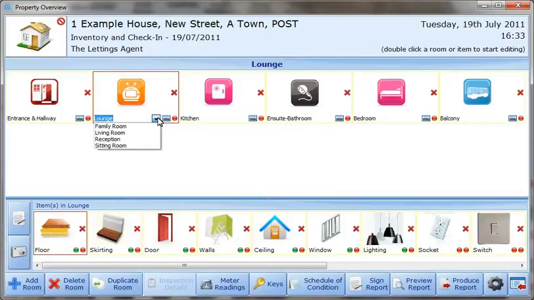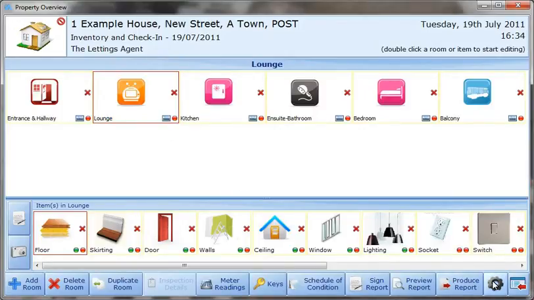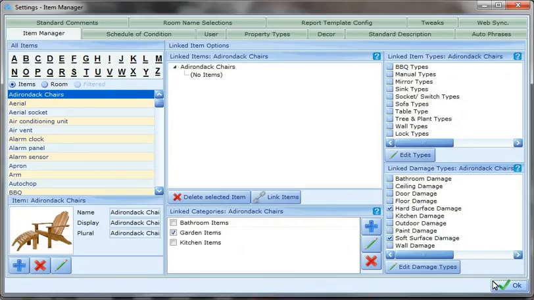If a desired alternative room name is not available, then the alternative you desire can be easily added by visiting the settings. It is worth noting that the settings can be accessed at any time from this overview screen by selecting the cog icon to the bottom right of this screen. More information on these settings tabs can be viewed on other tutorials and in particular on the videos within the settings tutorial section. However, for our present purpose of adding an alternative room name, we will select the Room Name